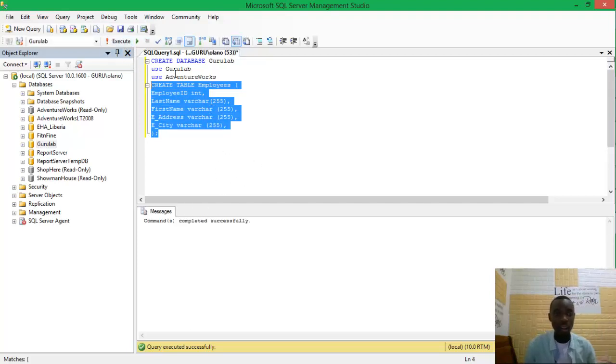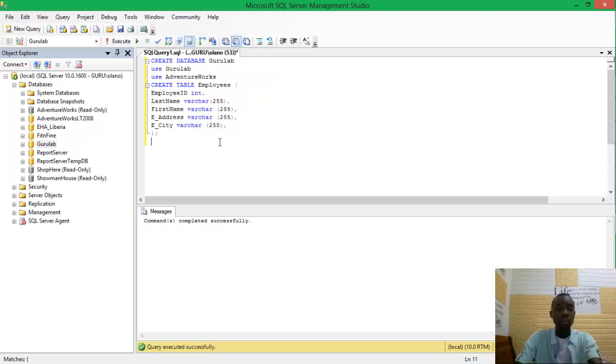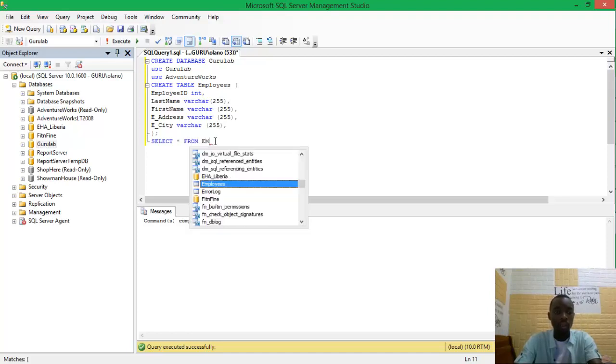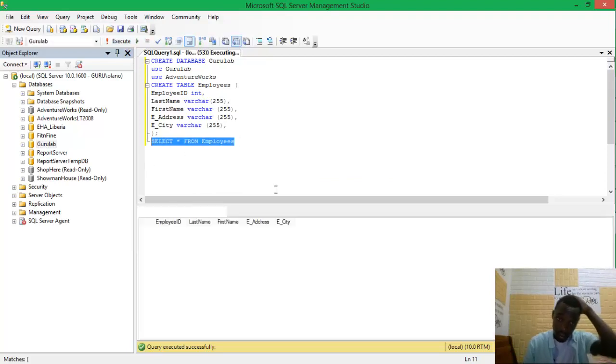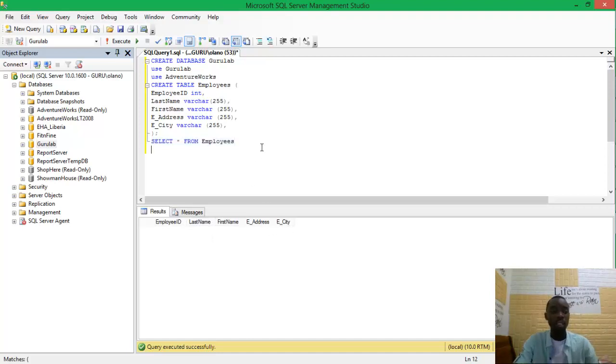So I executed this, and now if I want to see basically what I have here, let's see what we have. Select star from employee table, right? Highlight this and execute it. Now you see you have a table here with employee ID, first name, last name, address, and city. So basically this is how you create a database, you create a table, and you'll be able to navigate like this. So for now, we just have this table